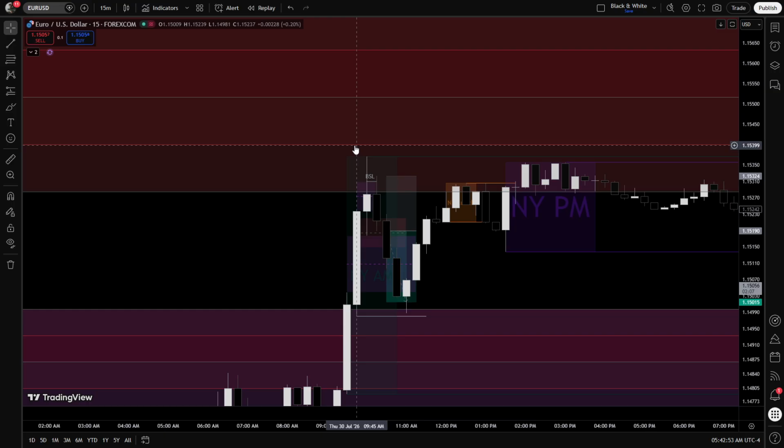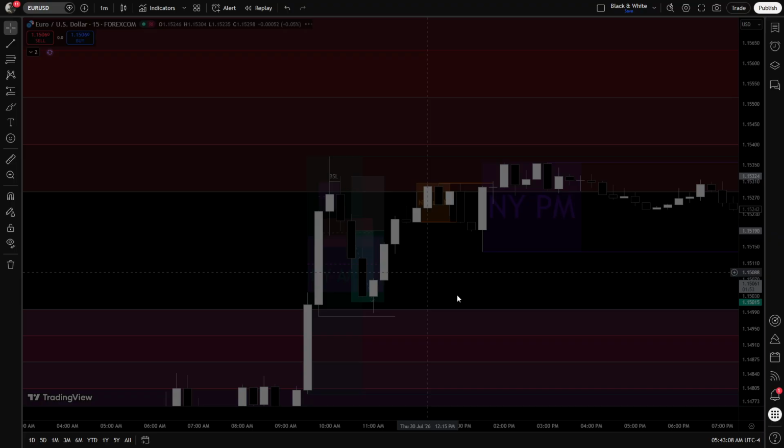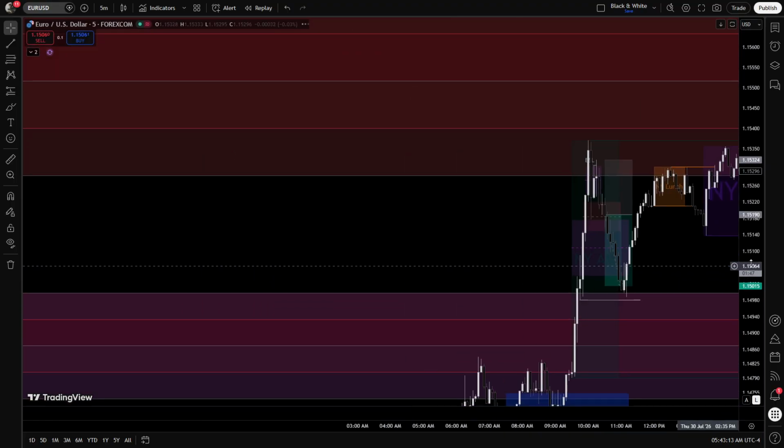I even explained it in my live stream that if we are gonna be bearish, then I want to see the market respect this quadrant and take out this high, and then I'll be going to the lower time frame in order to take some sort of trade. And then I went to the lower time frame, as you can see.